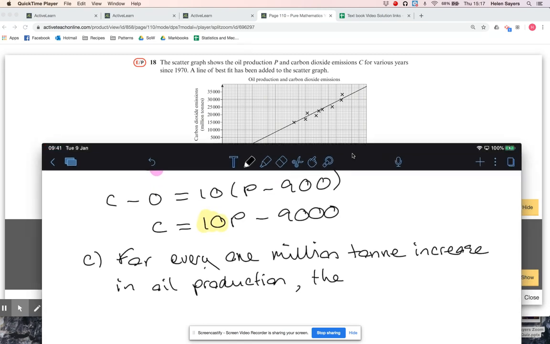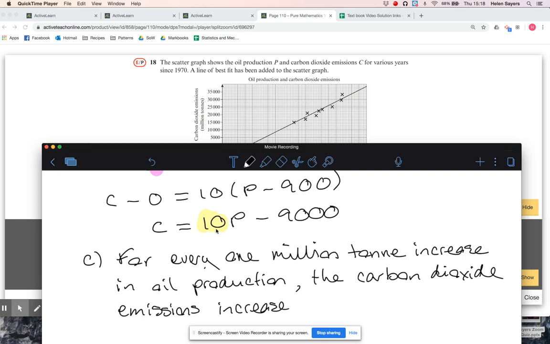The Y value, which is carbon monoxide emissions, monoxide or dioxide? Dioxide. The carbon. See, I said you didn't have to have any kind of knowledge. So the carbon dioxide emissions increase. So they're increasing by 10. The gradient is 10, but again, this is in millions of tons. So the carbon dioxide increases by 10 million